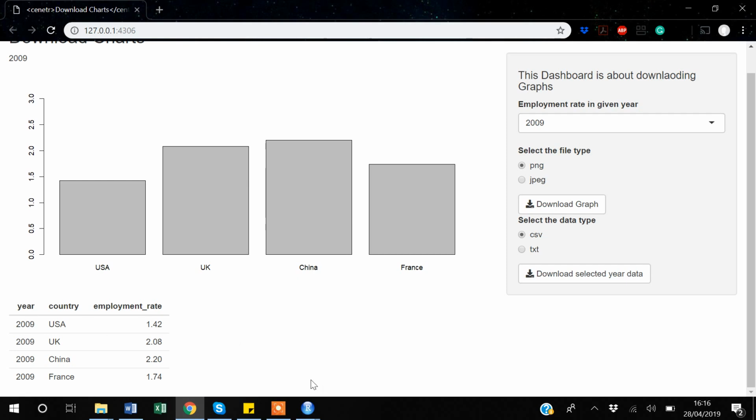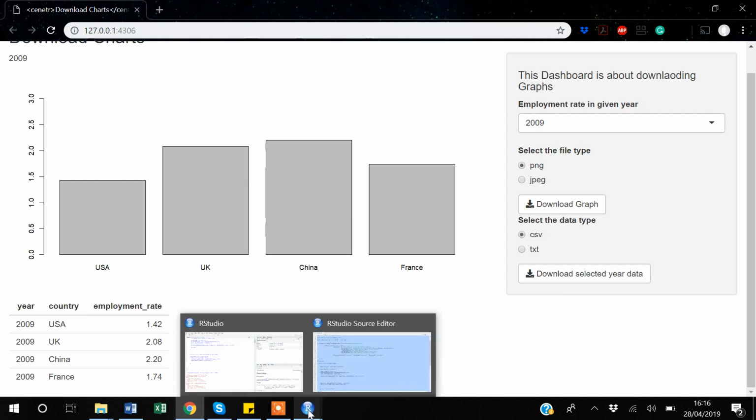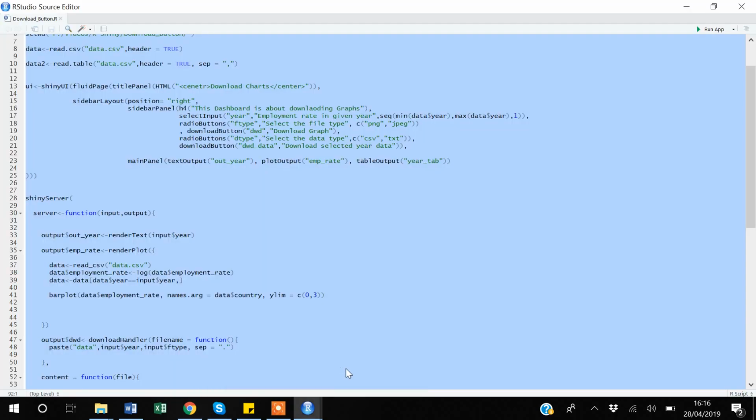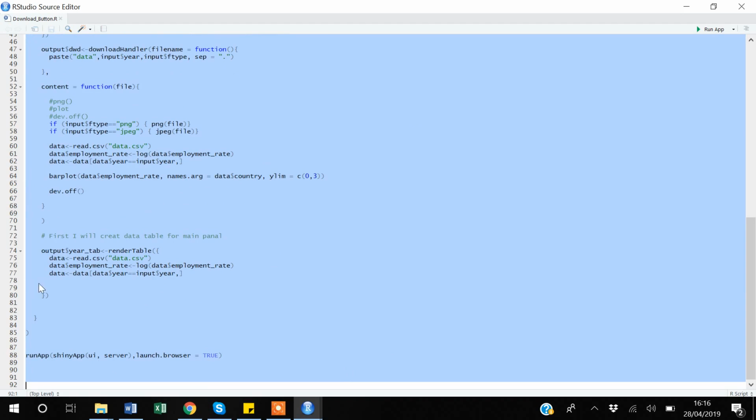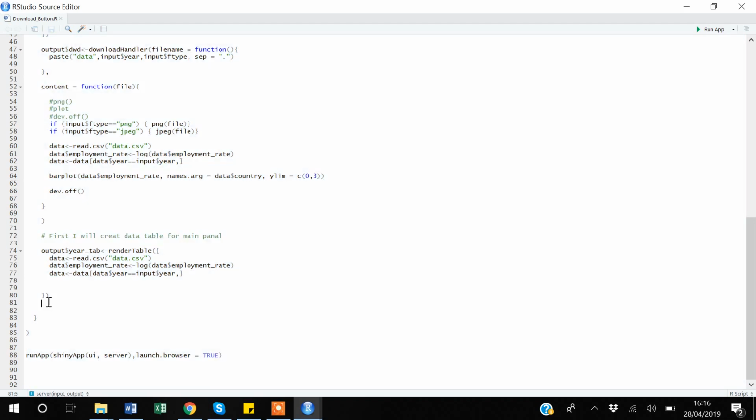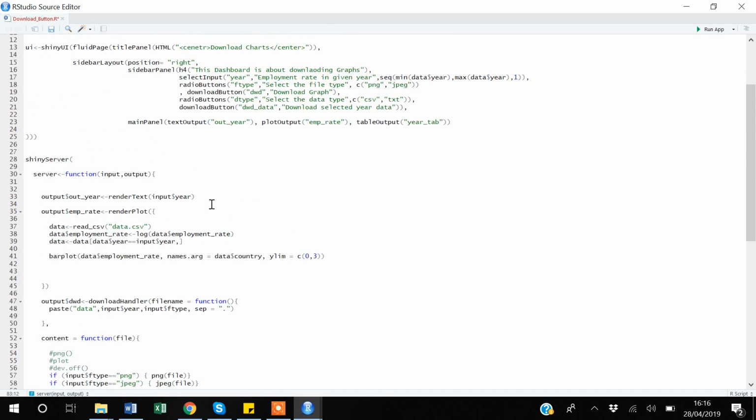So in order to do that, I will be using again, under my server function, functions like downloadHandler, which will allow us to download the data. So first thing is that I will be creating an output ID, so output$, and this ID will be the same as which I have mentioned under the second radio button, download data. So I will just copy it